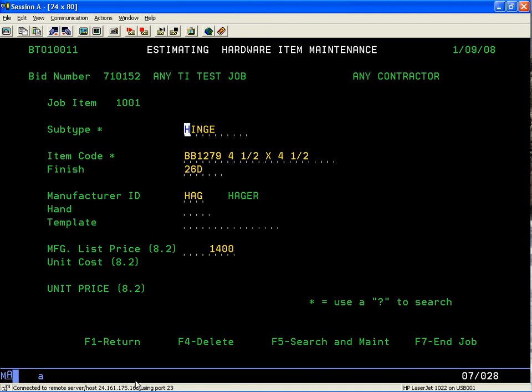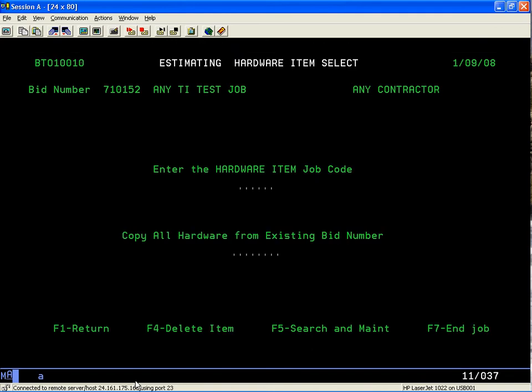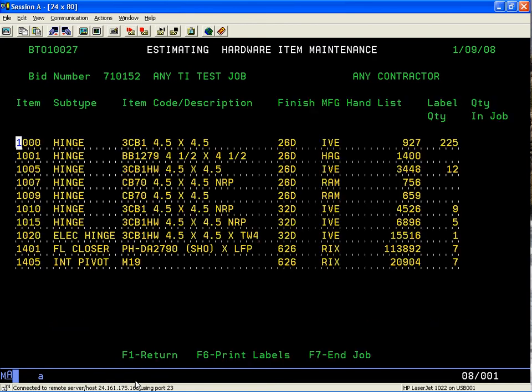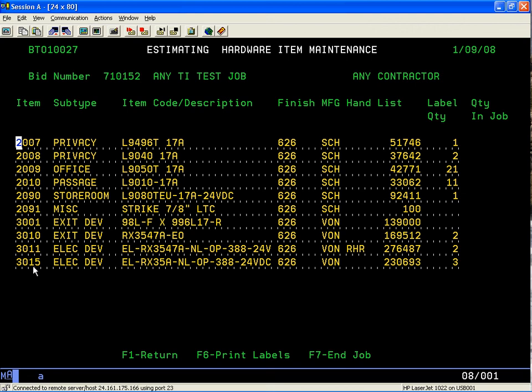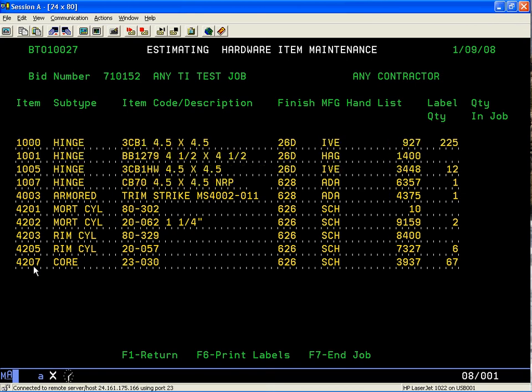Now I want to search the items that I have in the job already, and I do an F5. And if you look to the left, here's the code 1001 that I just created. And it puts it in its proper place for this job. Now you notice that I have a lot of codes and a lot of hardware items already in the job. But if there's one in there that I want to use, all I have to do,